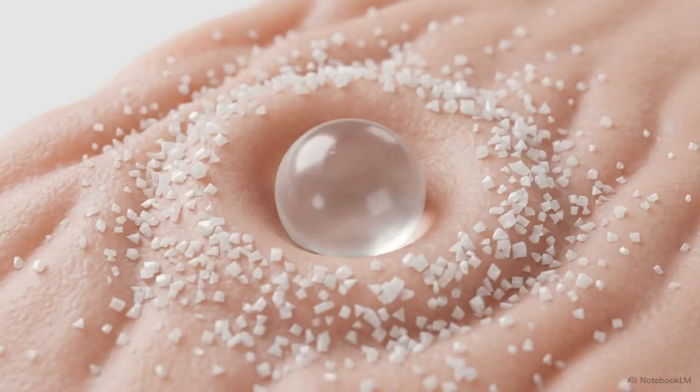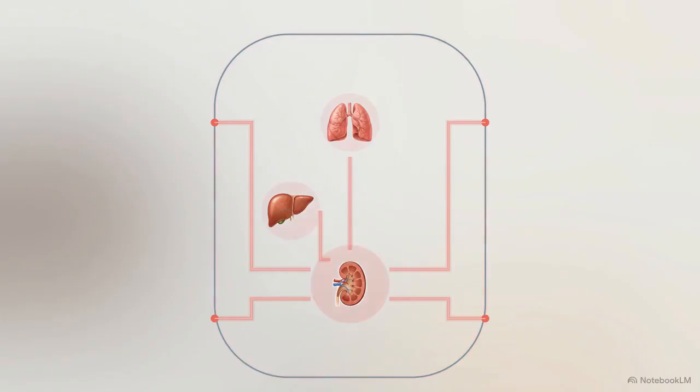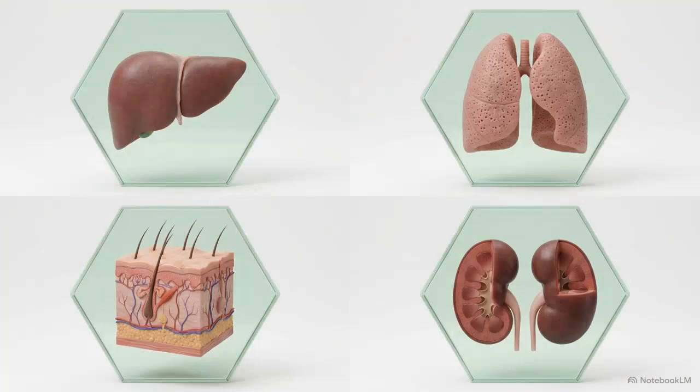Sweat is composed of water, sodium chloride, trace amounts of urea, and lactic acid. Releasing sweat cools the body while simultaneously performing mild excretion. True chemical homeostasis requires this entirely distributed network of organs collaborating seamlessly to process specific wastes and prevent overlapping avenues